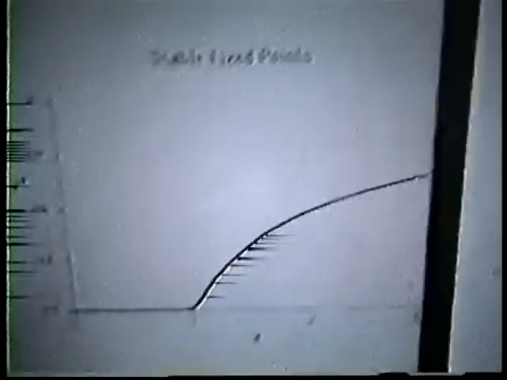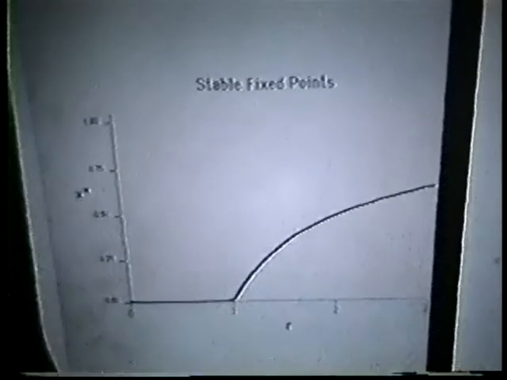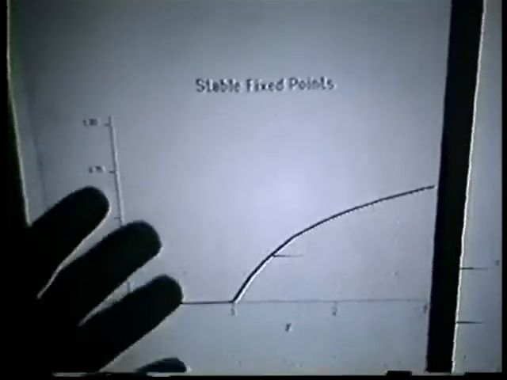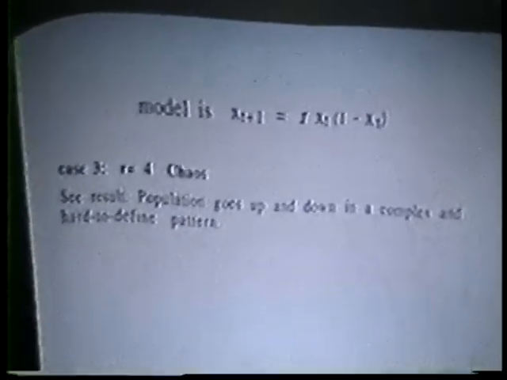Now, I have here a picture which is just identical to the one I drew on the blackboard. It's now just drawn on the piece of plastic. I'm going to go on to the next step. I'm going to jump from r equals 3 to r equals 4. We'll come back and go over that territory between 3 and 4 later. But I want you to see that for r equals 4, we indeed have chaos. So let me show it to you.